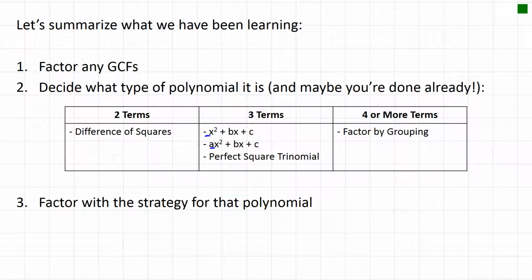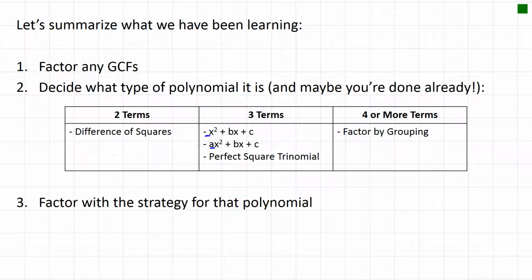The last option is if the polynomial has four terms or more, potentially, you might be able to solve it by factoring by grouping. So those are basically what you're looking for in any given problem. What strategy am I going to use based on how many terms are around? Now,